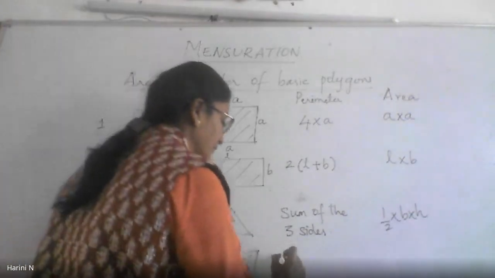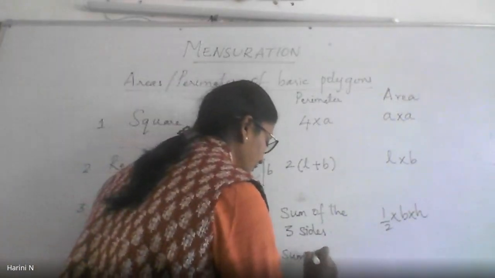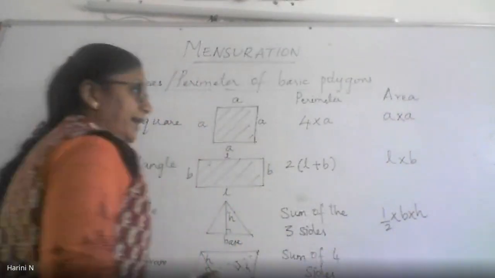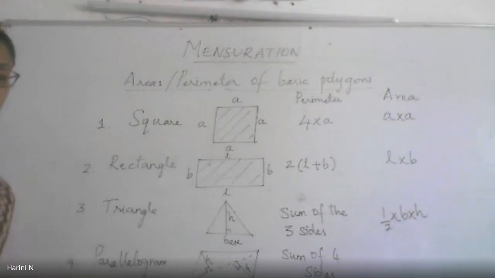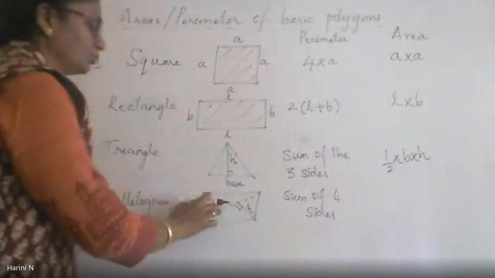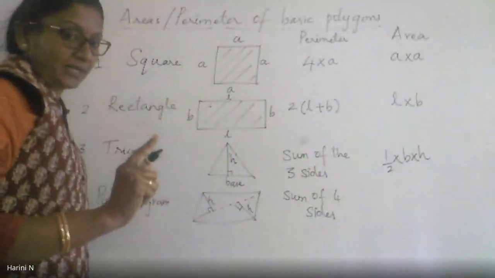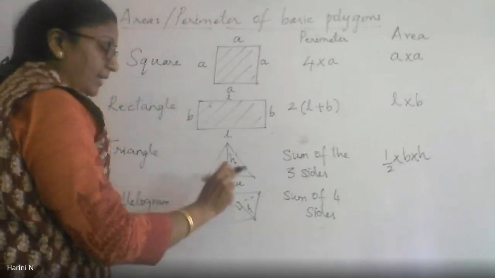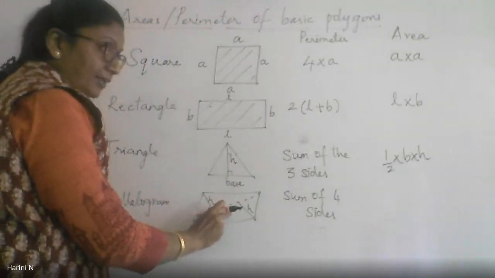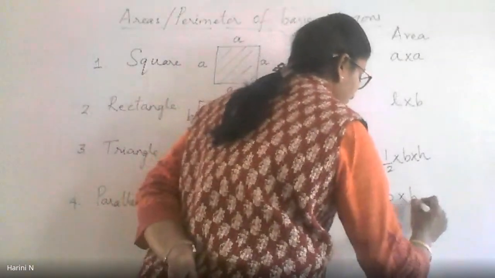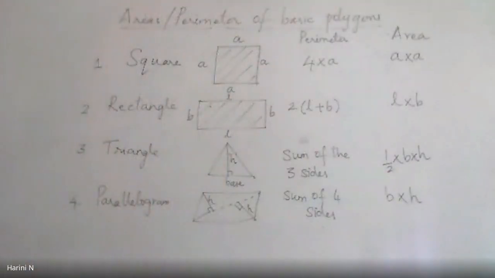So here again the perimeter will be the sum of four sides because in a parallelogram there are four sides. When you add all the four sides, you will get the perimeter. And when you want the area, because two triangles make up one parallelogram, if one triangle is half times base into height and another triangle is again half into base into height, totally it will be base into height, which will give the area of the parallelogram.